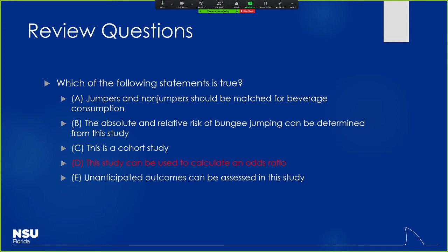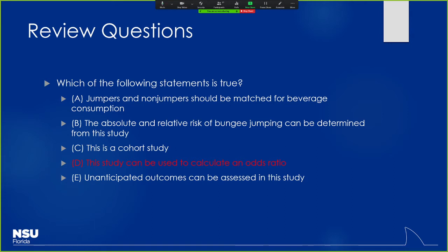So again, how were people arranged in the study? How did you define the groups? Well, it's based on whether they went bungee jumping or they didn't. That's sort of our outcome right there. We already know whether they went jumping or not. And so at that point, we can consider people that were jumpers are cases, and people that weren't are controls. Now, normally in case control studies, you oftentimes have multiple controls for every case, but in this situation, we just had equal numbers in each group.